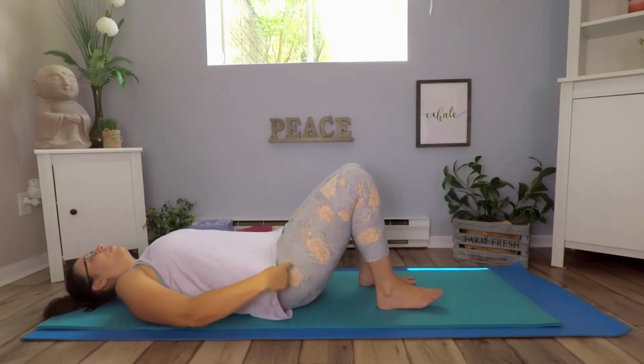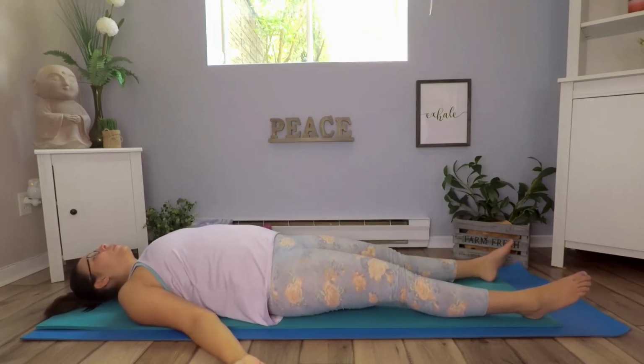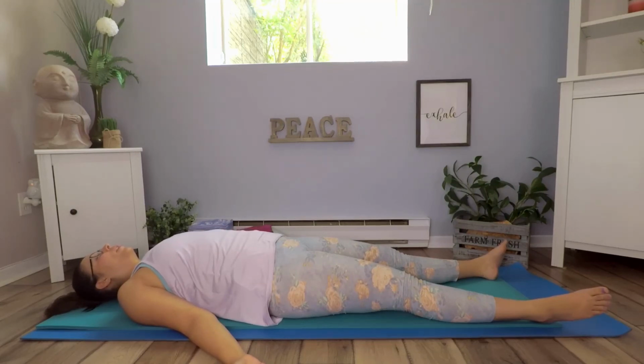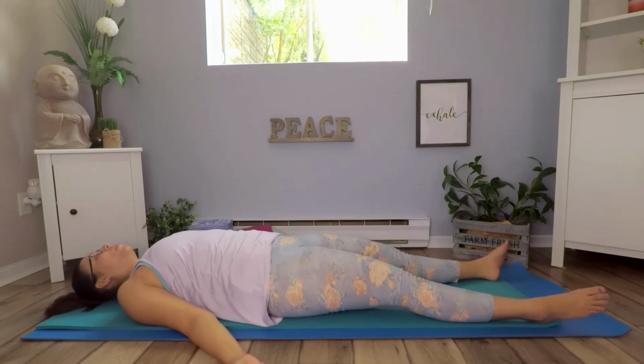Then extend the legs, take up space. Bring your shoulders onto the back body, arms along your sides. Completely relax. One of the reasons why Shavasana is so important at the end of your practice is because on a cellular level, a lot like how sleep repairs the body, Shavasana takes all the poses that you just did and begins to repair and do all the work